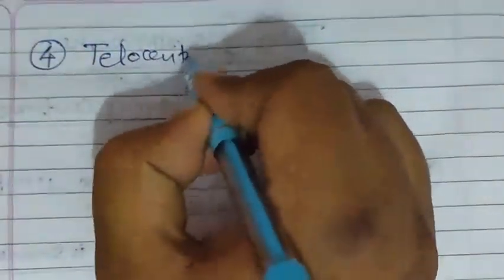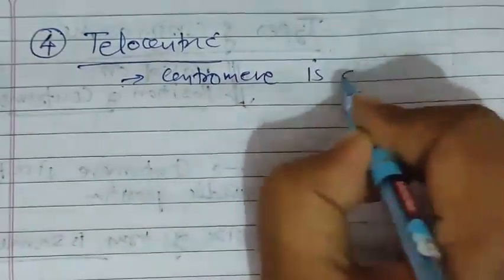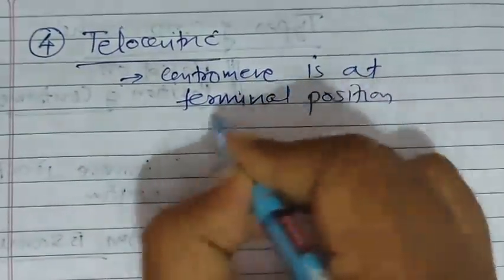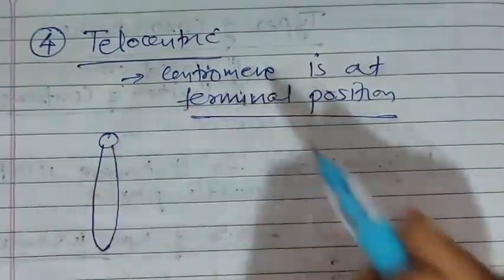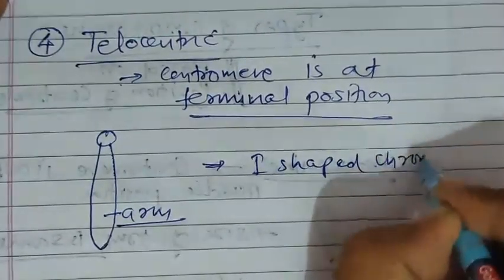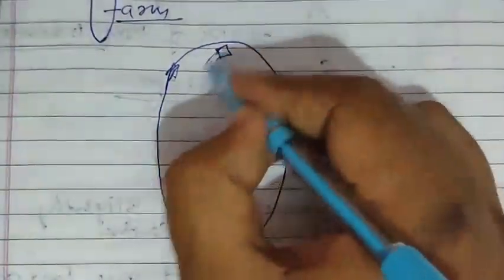Fourth is telocentric chromosome, and in telocentric, centromere is at terminal position. So if centromere is at terminal position, then only single arm is found. Then these are I-shaped chromosome during anaphase. So if we see the diagram of the anaphase, it will look like this, that here centromere is there, centriole is there,